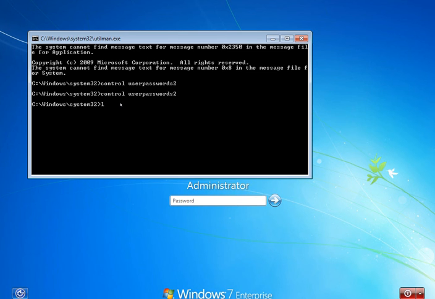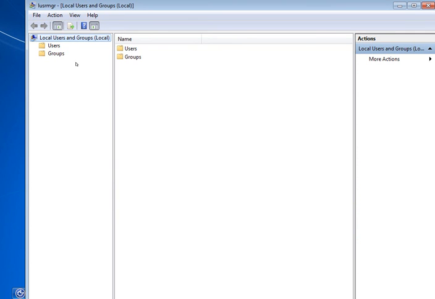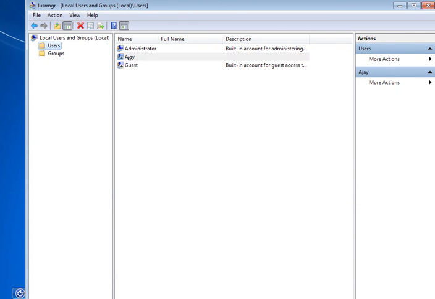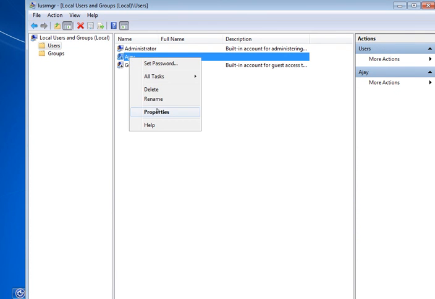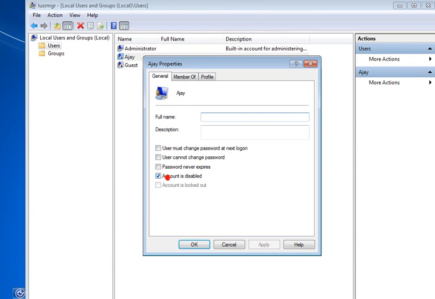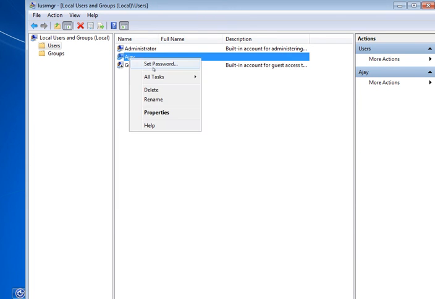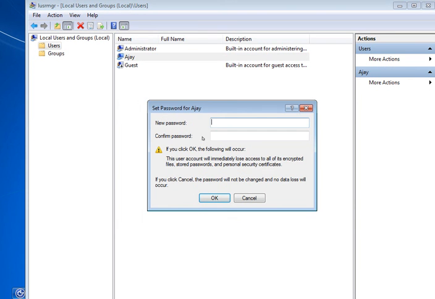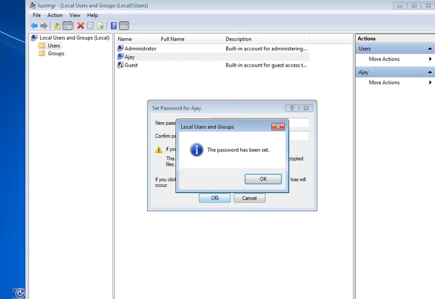One is the lusrmgr.msc command. Very good. In this scenario, this Ajay account is disabled, so we can enable it. We can set any password here also. Done.